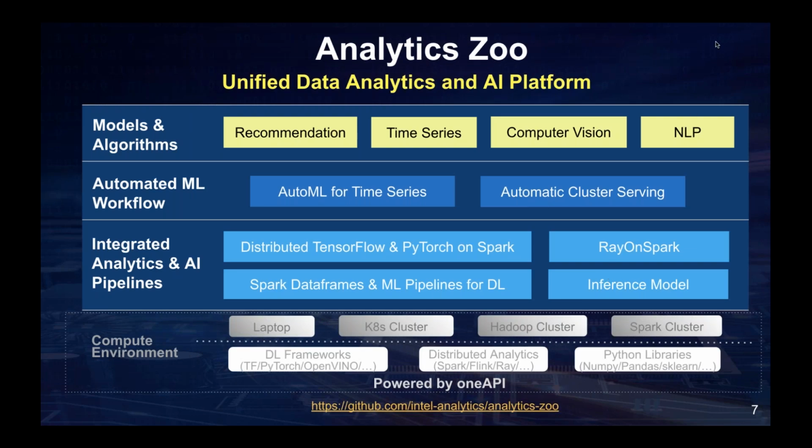So let's look at what's inside the Analytics architecture. You notice in the very bottom of the architecture, the backend can be a various compute environment.